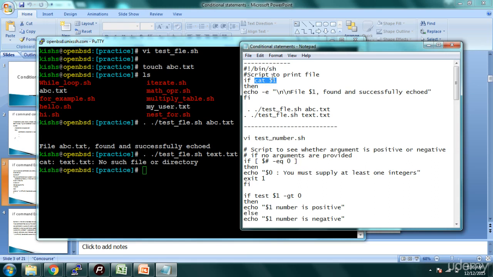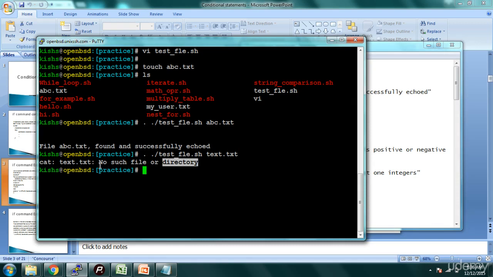So this was not executed successfully, it threw the error. We get the output as the error that no such file or directory exists. So this is how the if statement works, as in if we want to make a decision that certain statements should execute only if a certain condition is satisfied.